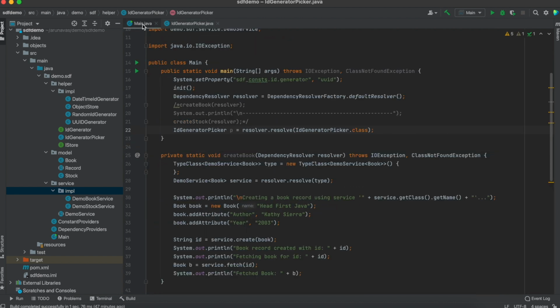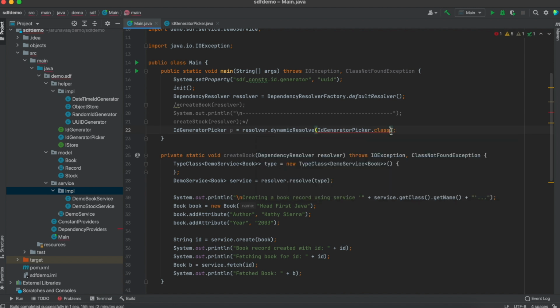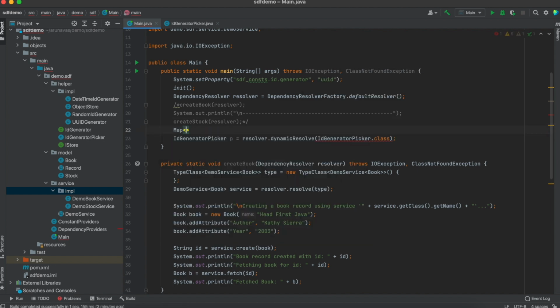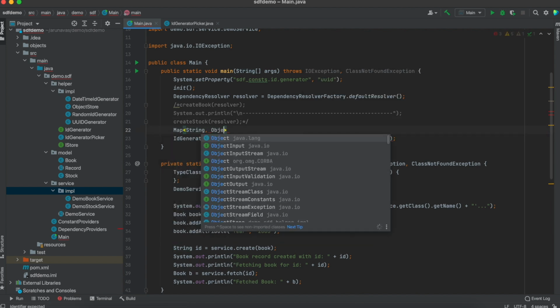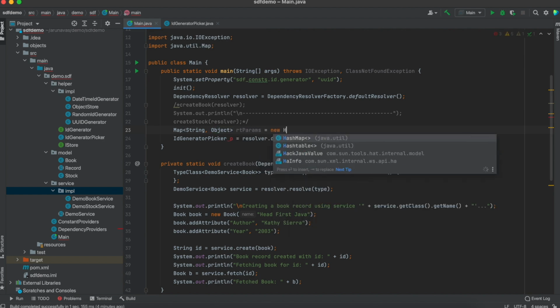So let's go back to our main class. First of all, to resolve a dependency that has another real-time dependency, we need to use dynamicResolve instead of resolve. And what does it take? Apart from the class or type class or the ID, it takes a Map of String and Object. So basically, the real-time dependencies need to be provided in this map. So I'm going to define a map of type String and Object first. Let's call it rtParams equals new HashMap,